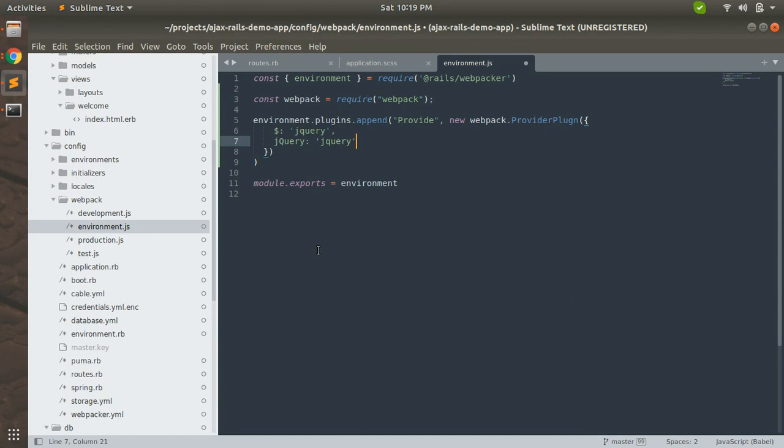You can either use the dollar symbol or you can use jQuery as well. Now, since we have configured our environment, let's save the file.